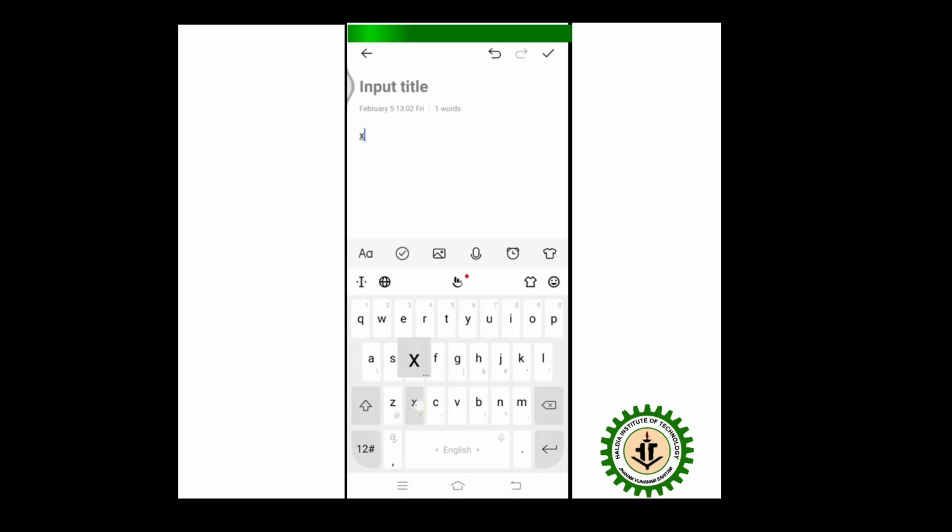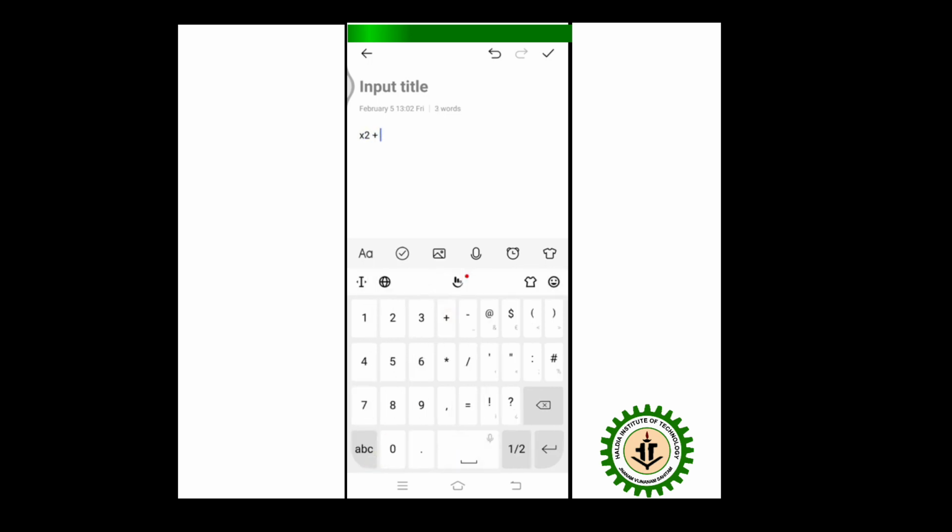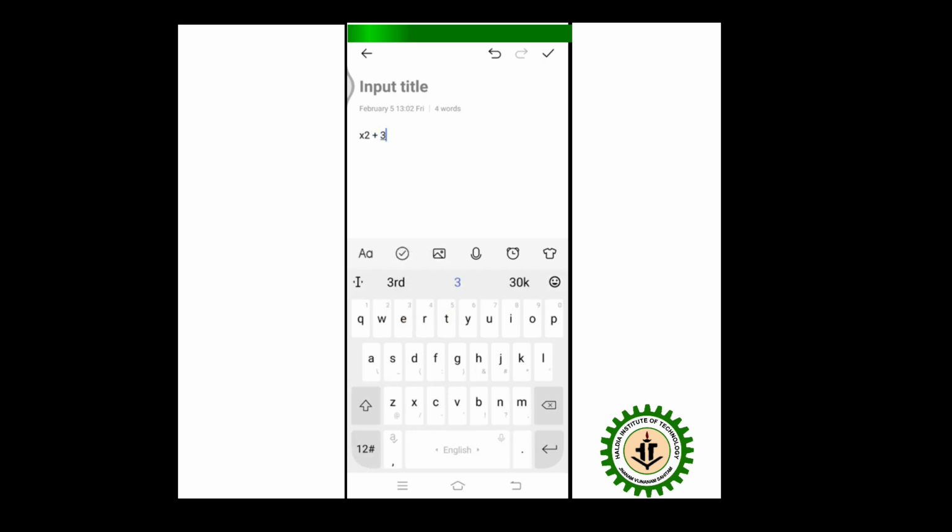Let's say we want to have x square plus 3ab, then divided by x multiplied by say k, and the whole of that divided by another quantity y,